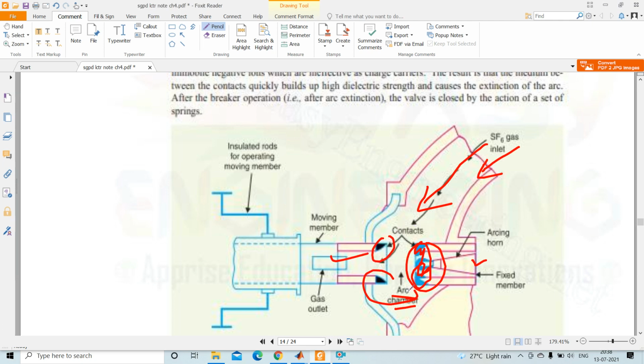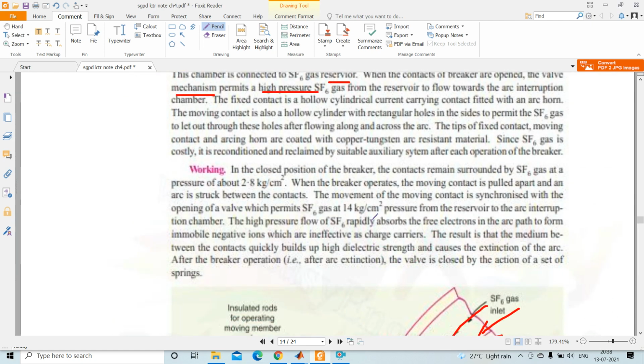So see, these are the coating over the fixed member, over the arcing horn, over the moving member. Okay, so there is a coating of copper tungsten arc material, resistance material. Since SF6 gas is costly, it is reconditioned and reclaimed by a suitable auxiliary system after each operation of the